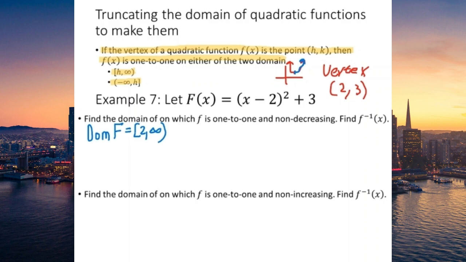So we're going to replace the f of x with y, and we're also going to keep track of our domain of f, but we're going to do that using the inequality notation. So the interval 2 to infinity, being our domain, is represented with the inequality x is greater than or equal to 2. Now when we do the switch part of our strategy, we are going to switch x and y